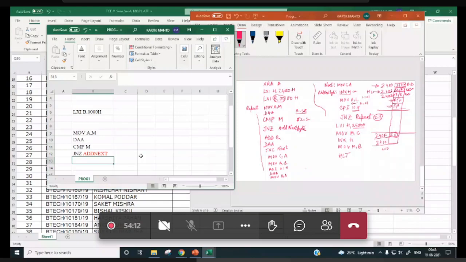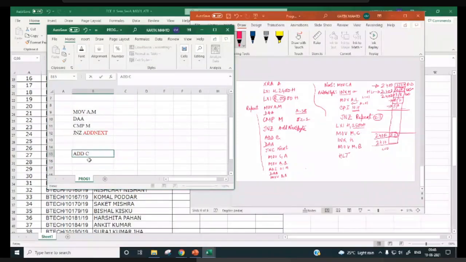C register. Then you have to do DAA, JNC NEXT. NEXT. So I'll change this color. I'll make it this. So it will jump to this location.